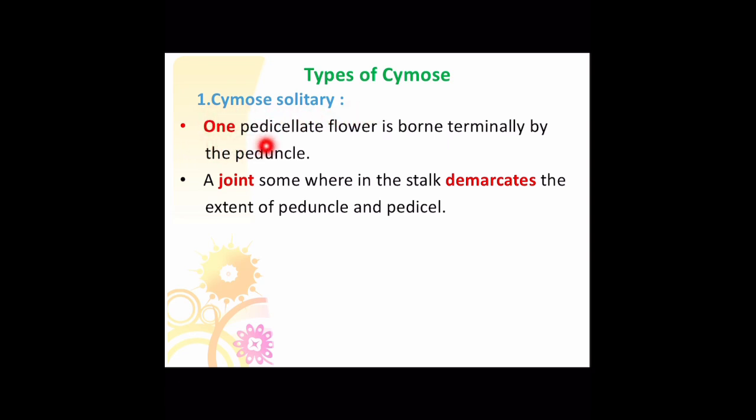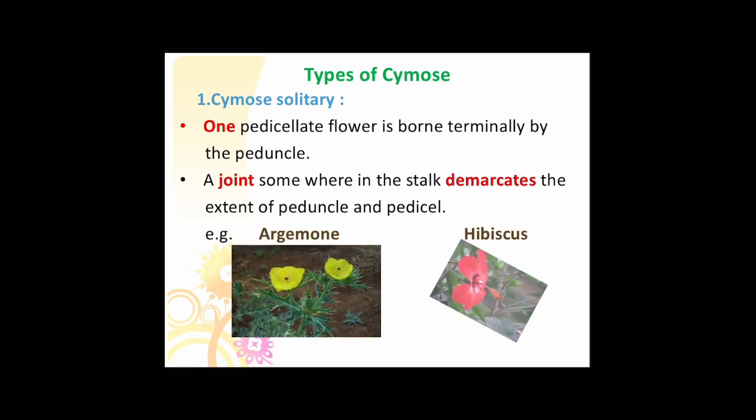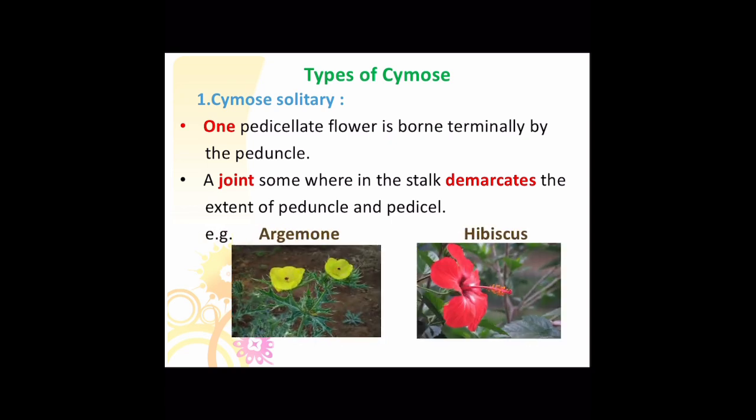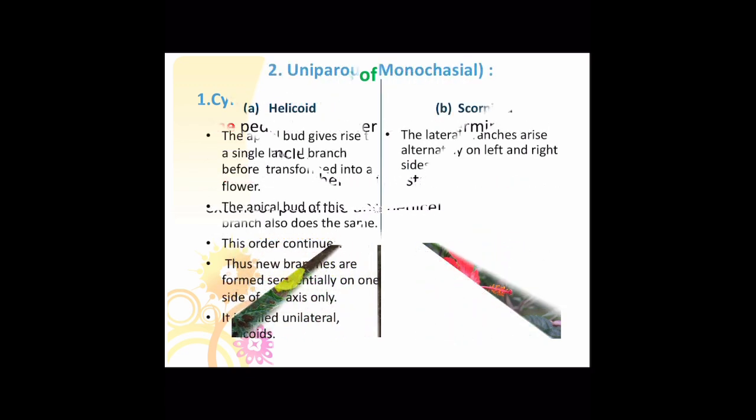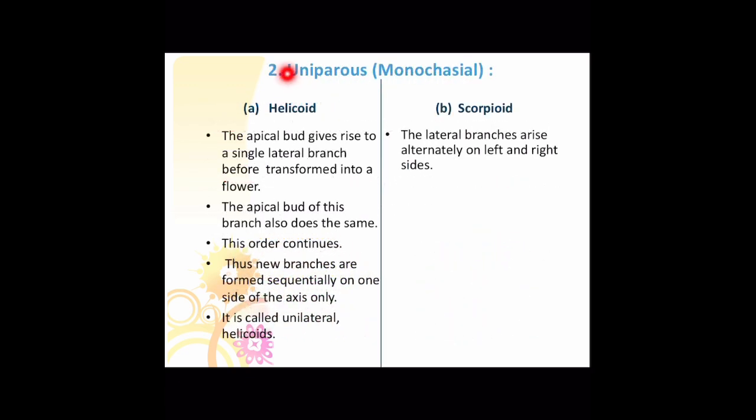One pedicellate flower is borne terminally by the peduncle. A joint somewhere in the stalk demarks the extent of peduncle and pedicel. Example argemone and hibiscus. Number 2 uniparous